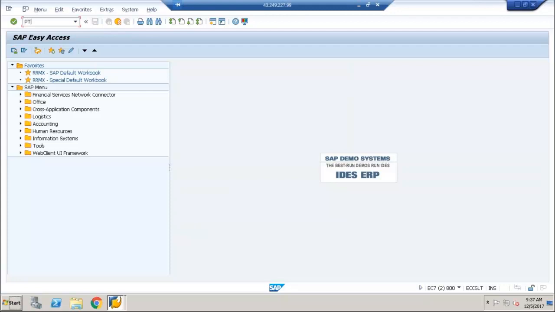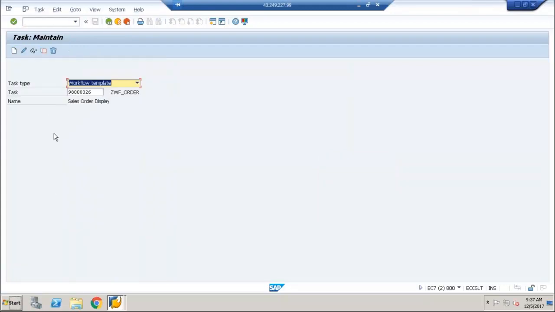One second, I'll show you where we can see if it is a standard task.